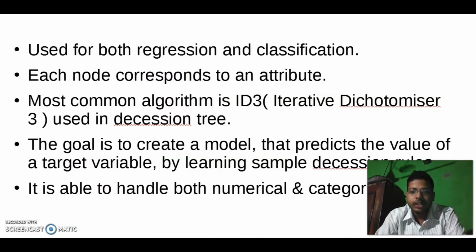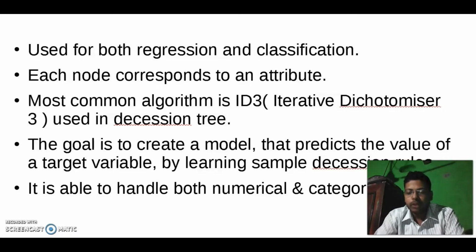So here decision tree is basically used for both regression and classification methods. I have already shown how classification happens in logistic regression in a different video. Regression means if the data increases, then what will be the data accordingly, or if the data decreases, we can find out the increase or decrease of the output based on a certain training model. But in classification, the label is already present.